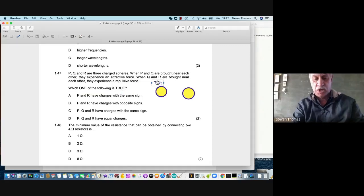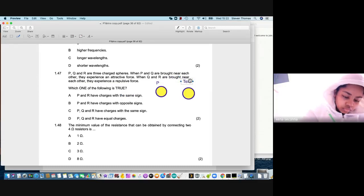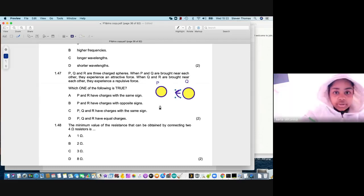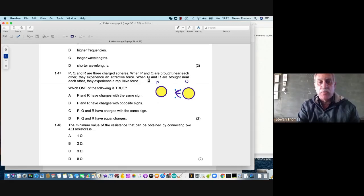Okay, so there's P and there's Q, and they are brought near each other. They're attracted to each other. So we know that P and Q have the same sign or different signs? Different. Yeah, different signs. When P and Q are attracted to each other, the one is positive and the other is negative. When Q and R, okay, here's R,